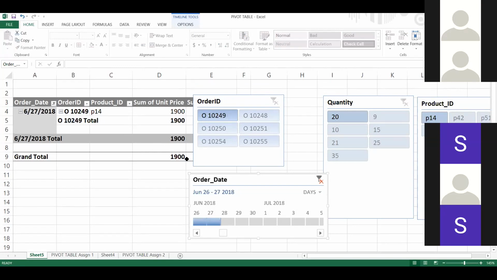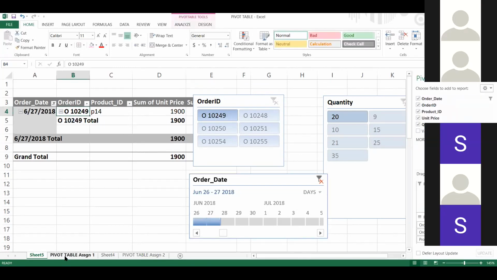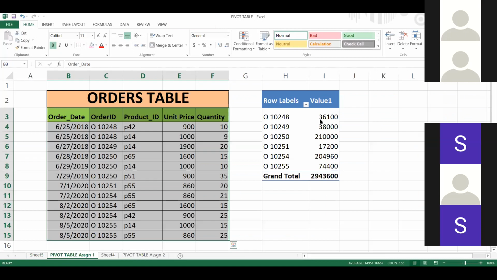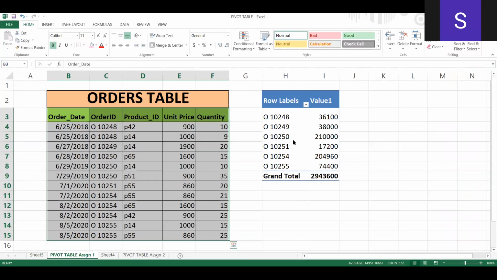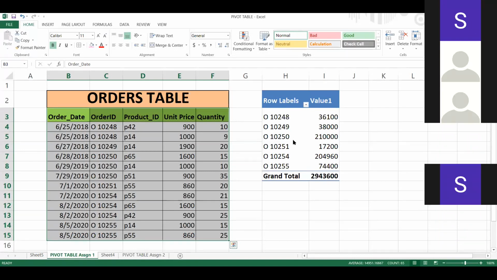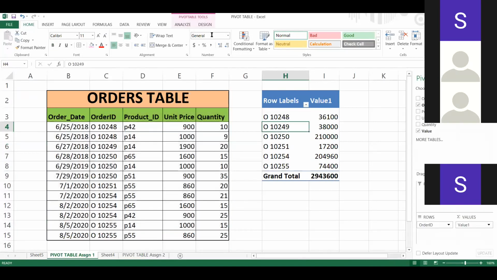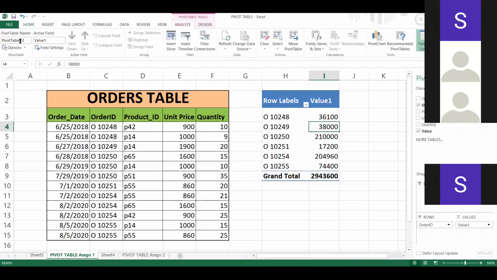Okay, so let us create one chart on this. So I have one chart in orders table. So let us do that. How to create the chart? I think most of you would be aware of the charts. So simply you have to go to analyze. You can see here insert slicer of all these options and you can click on pivot chart.